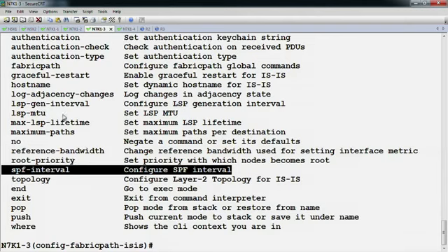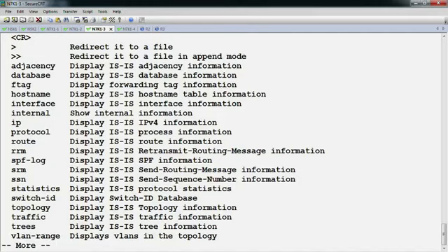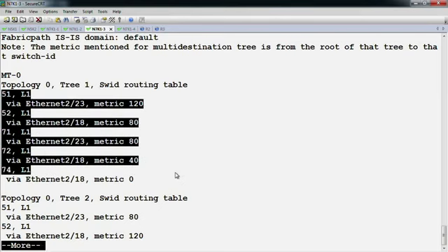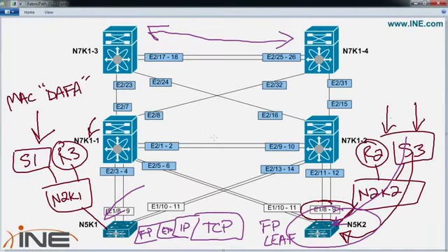Okay, what I want to show here is, let's also look at another one first before I make any changes, which is show Fabricpath IS-IS trees. This does show us inside the topology what are the particular switches and what links they are located out. So we can see, for example, and let's look back at our topology diagram here. Let's look at this verification from, we're looking at it on 7K1-3, I believe. Yes. Okay, and it has two adjacencies with switch 4,